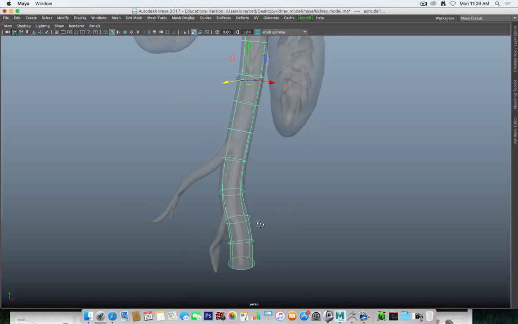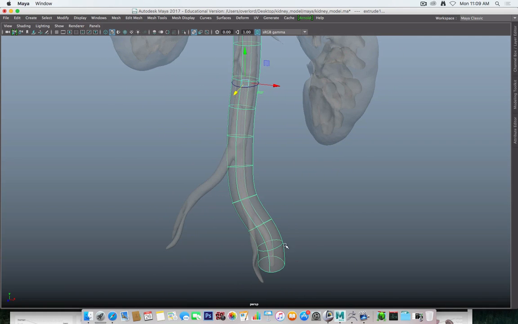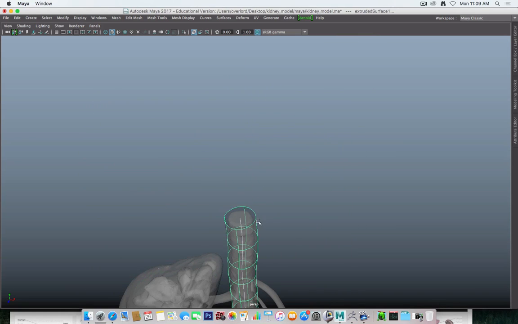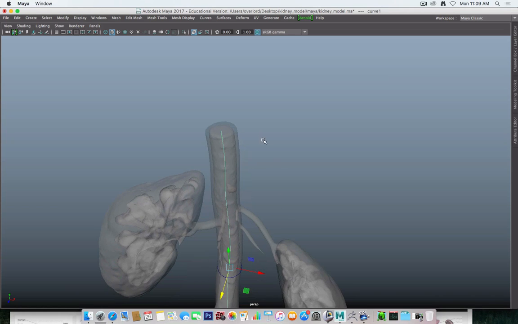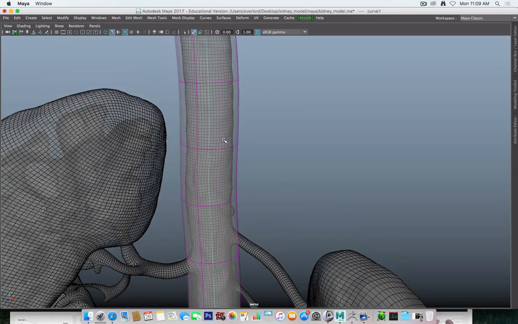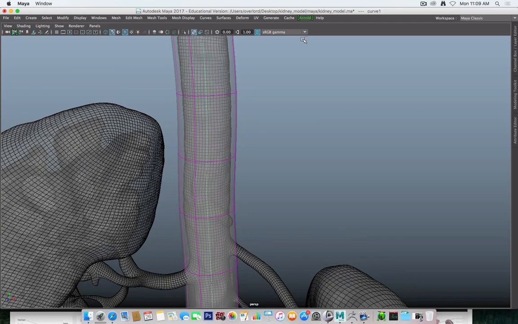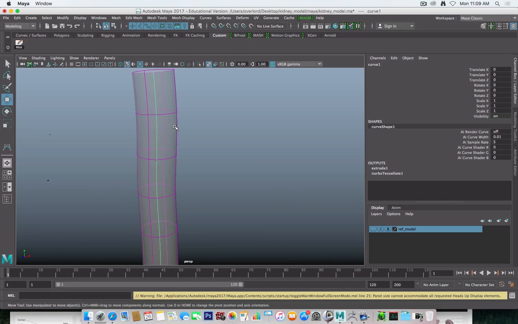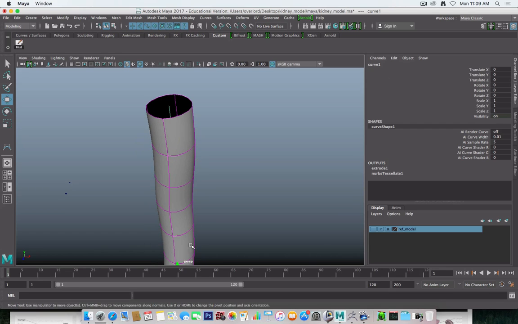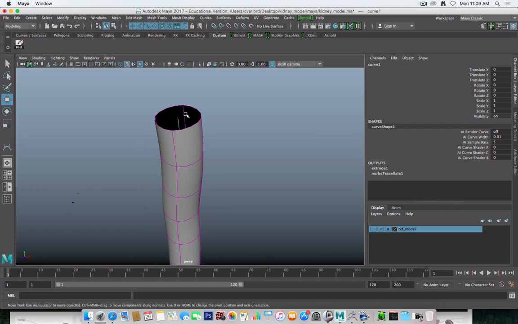So before when I was creating the curve that went along here, the path, if I select that curve now, and I'm going to turn on this viewing option up here that shows wireframe on shaded, so we can see the wireframe on this object here. Let me actually just hide our reference model for a second and turn off X-ray. So you can see the number of divisions going along here. If I select the path that we used to create this and rebuild it, just like we did with the circle,